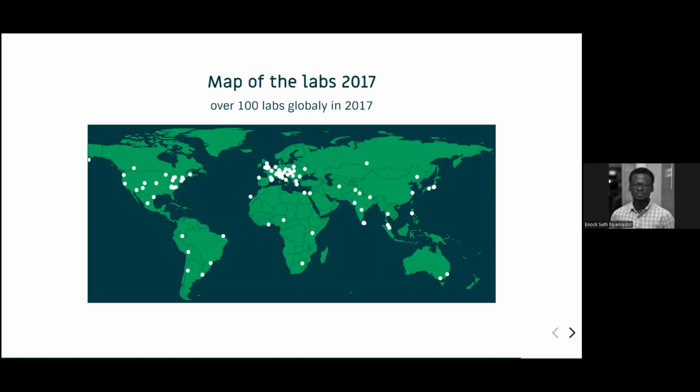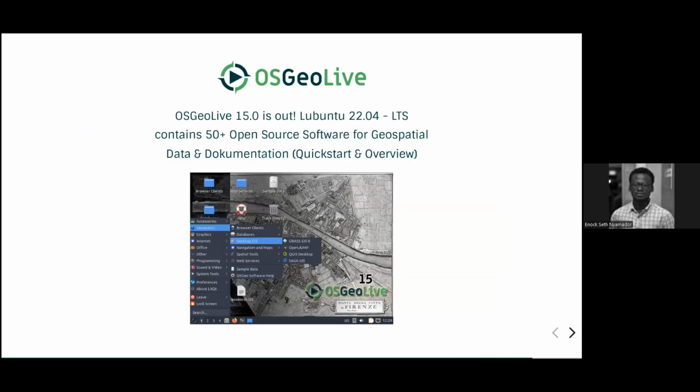The last time I took this screenshot was 2017, where you can see just a few labs across the world. I think even the one from my country, Ghana, no longer exists when we check the recent map. And this brings me now to where we are today, or why I'm here today to tell you about, which is the OSGeo Live project, and also to give you some motivation. So OSGeo Live, let me speak more about it.